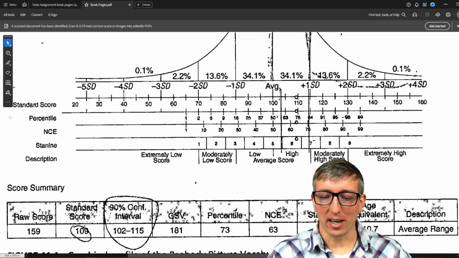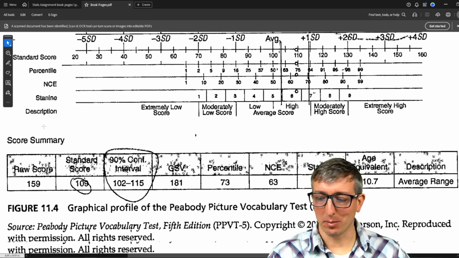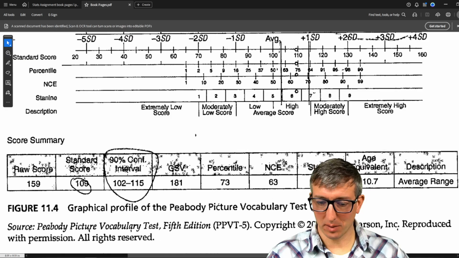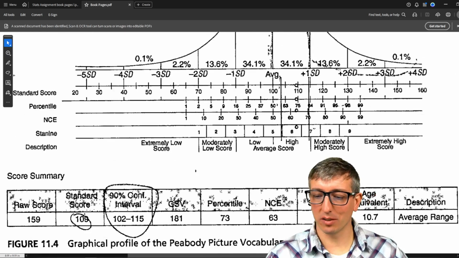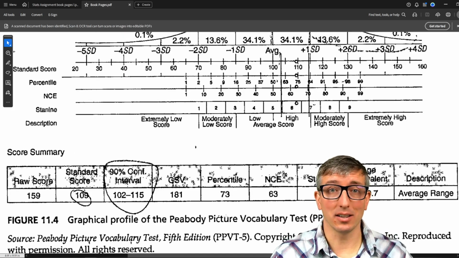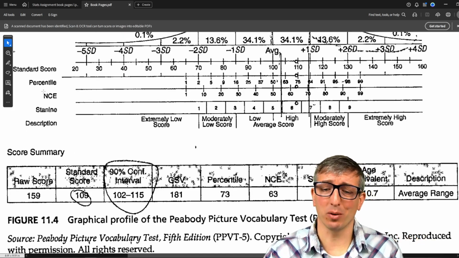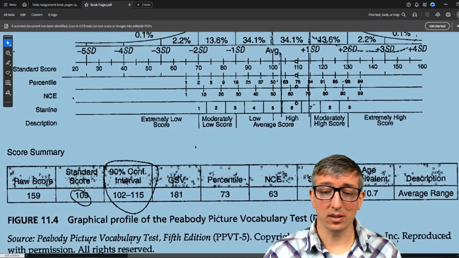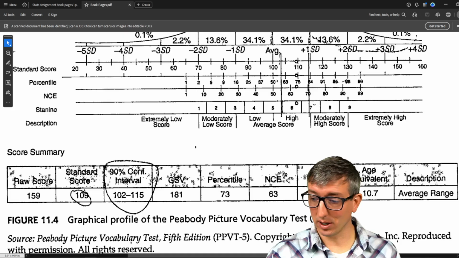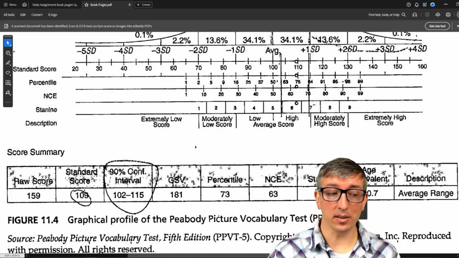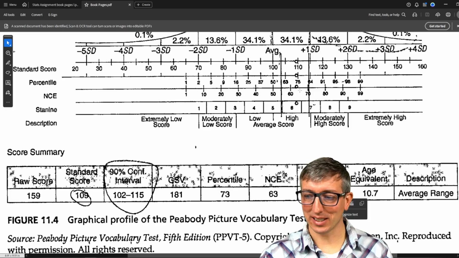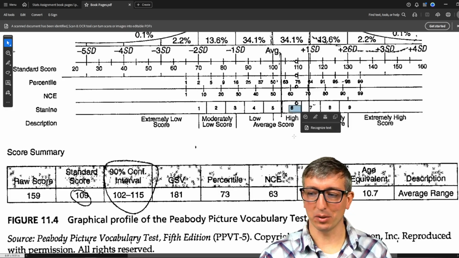NCE, I always forget that. I've looked up what that number means like a million times. I think it's right in here somewhere. Oh, right there. Normal curve equivalence. I never remember it, partly because I don't think it matters that much, and I don't see it in a lot of places. So I just skip over that one, and you can too, unless you start using a test that uses that one. Stay9 scores, remember those are standard 9s, and so this score is a Stay9 of 6. We can see that down here, behind my head, sorry. And then it falls on 6 in the scale here, right? That's number 6, it's hard to see.